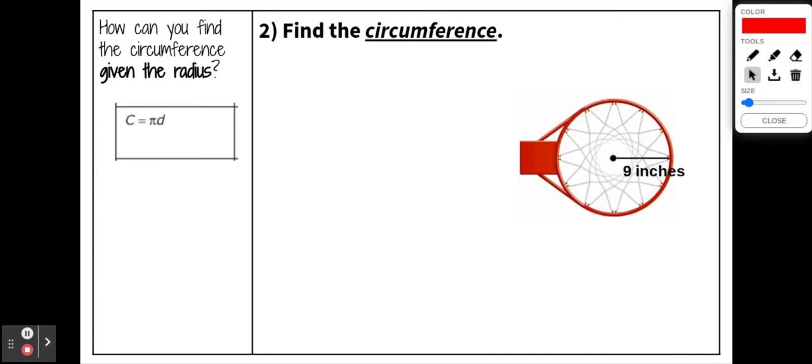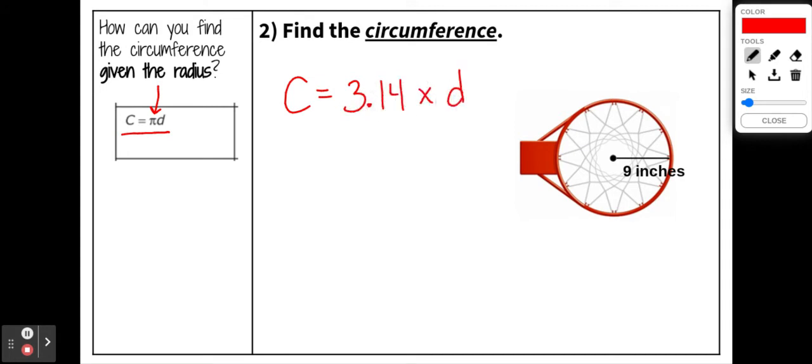So here we have a circular basketball hoop, and we're given the radius. We're asked to find the circumference of the basketball hoop. We can still do that even though we don't know diameter. So I'm going to start off again with writing the circumference formula, only I'm going to use the number 3.14 for pi. Circumference equals 3.14